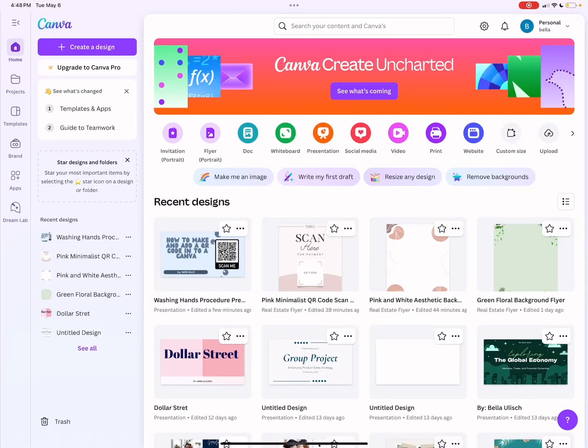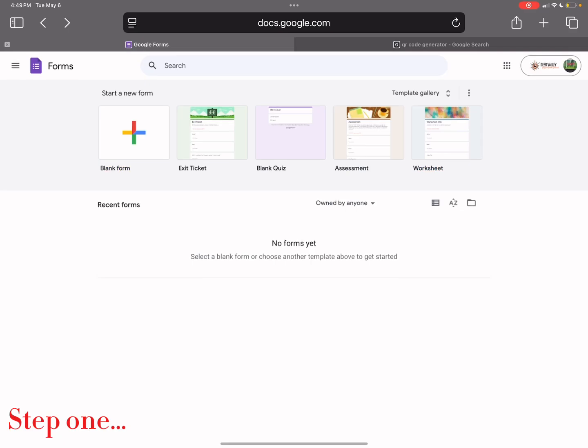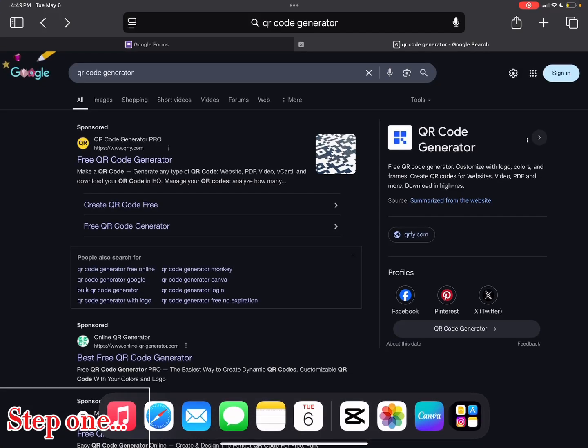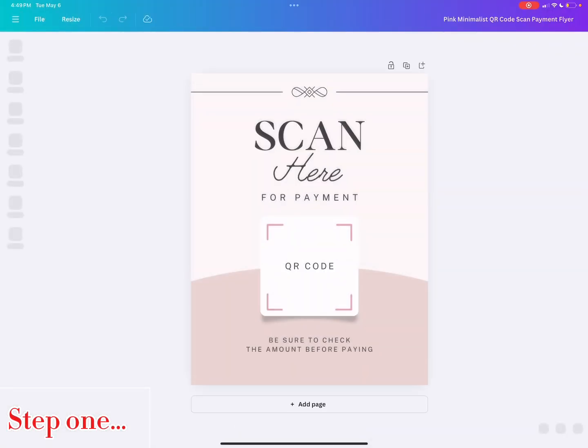I'm going to be showing you guys how to make a QR code and then insert the QR code into a Canva. The first step is to have open, you want to make sure you have Google Forms open. You're going to make sure you have QR code generator searched up as well. And then you also want to make sure you have a Canva open that you like. So for this one, I'm going to just do this Canva here,